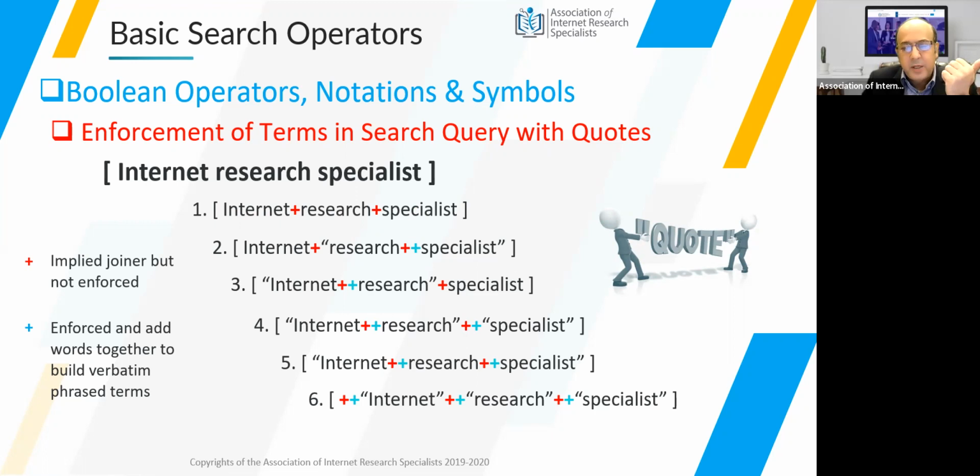Second default action is that it is going to look for combinations of these words in any way it wants, either research or specialist, or internet research together. The third is that it is not going to worry about dropping any of these words, even with the assumed plus sign. So it sounds a little bit crazy,